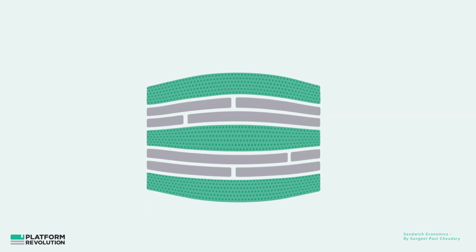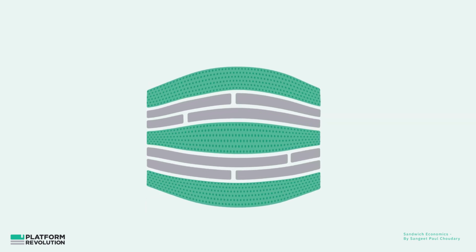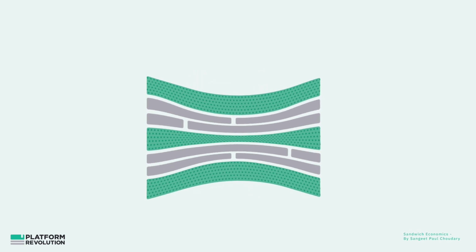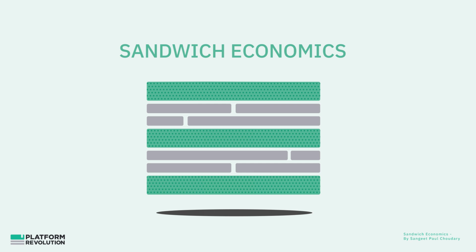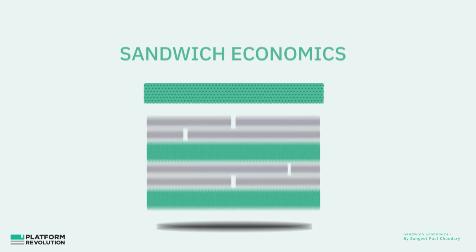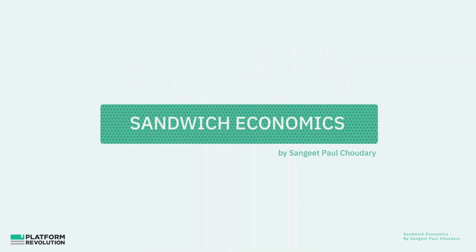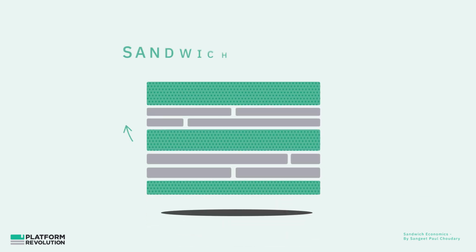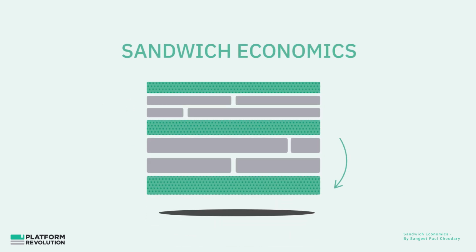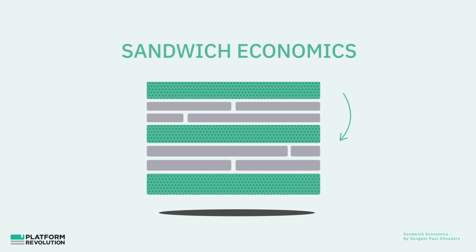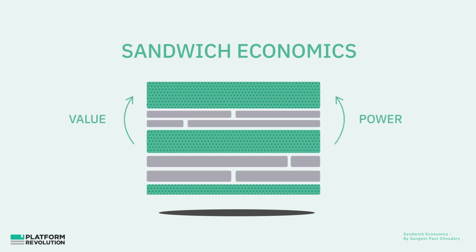Ever wondered why a few large firms dominate entire industries, while other players are left sandwiched in between? The answer lies in understanding a set of industry shifts, collectively called sandwich economics. Sandwich economics refers to a set of economic principles that explain how new technological changes shift value and power relationships